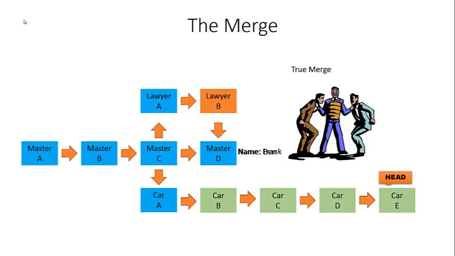A true merge, you're going to be combining all sorts of things. You're going to have conflicts. A fast forward is more of, well, we're going to append. We're going to just add stuff. There's nothing really we're taking away. We're just kind of saying, here's the updated version, versus we're changing a bunch of stuff. And you're going to run into a true merge a lot more, especially when working in a team setting